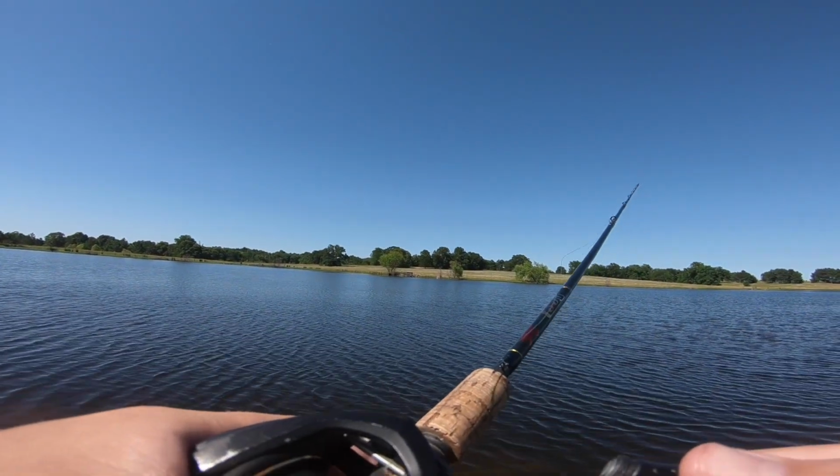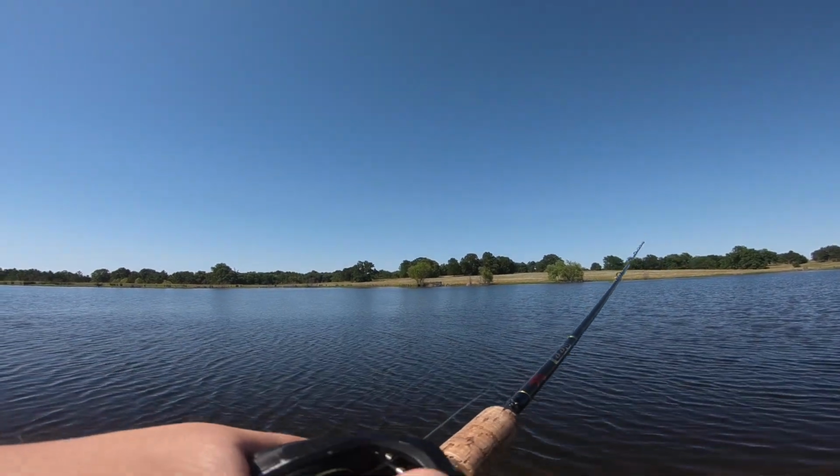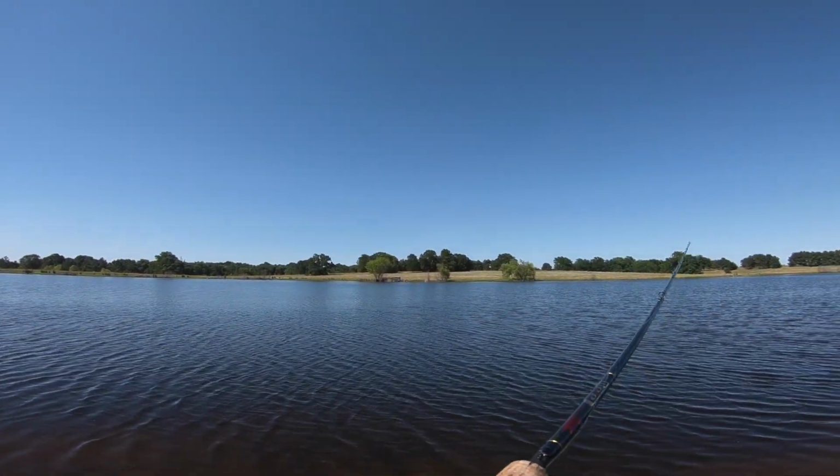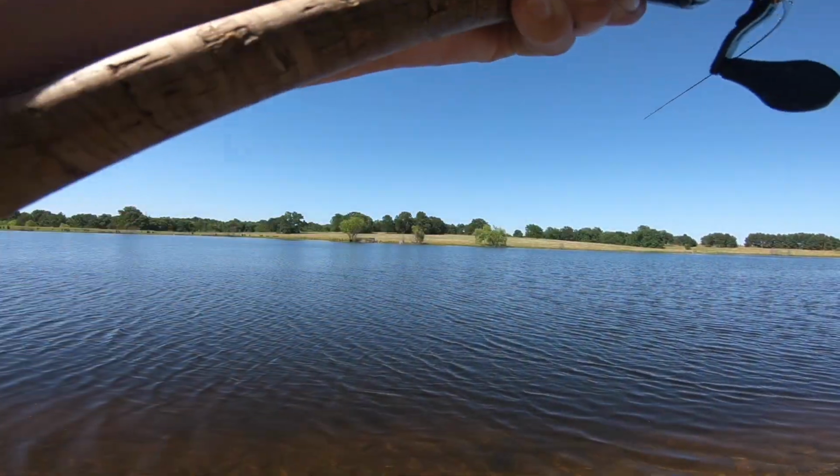I'm a little bit worried. I've always heard this saying, when the wind is coming out of the west, the bite is the best; when it's coming out of the east, you catch the least. And today it's coming directly out of the east. So